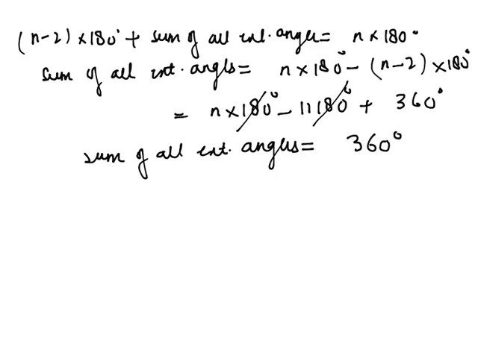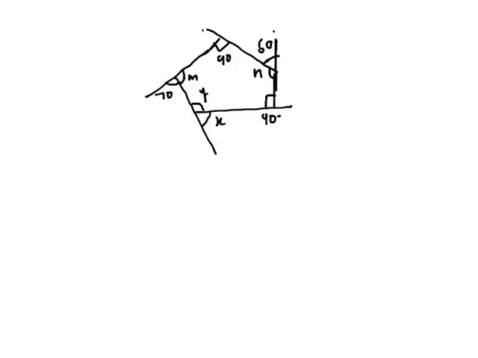And the basic formula that we have to remember to find the sum of the interior angles with n sides is (n minus 2) into 180 degrees. And if we are given a figure and we have to find the value of the unknown angles m, n, y and x, clearly angle m plus 70 degrees is equal to 180 degrees as they are on the same straight line, and the sum of the angles on a straight line is 180 degrees. So from here we can find angle m.